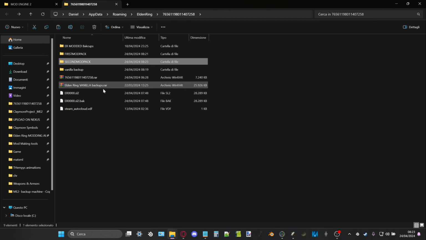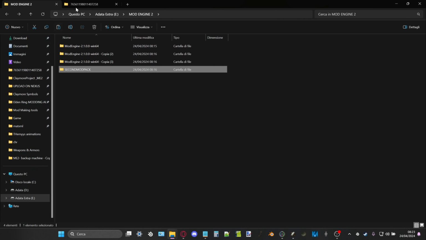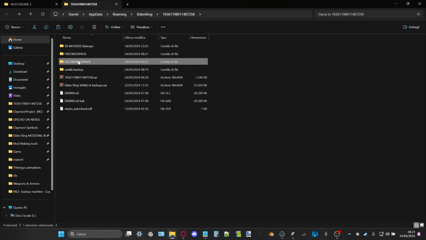Each one needs to have its own backup folder for the save game. So each time you go back to the other ones, you also have to do the same process. If from the second one I want to switch back to the first or the vanilla, which was this one, sorry,